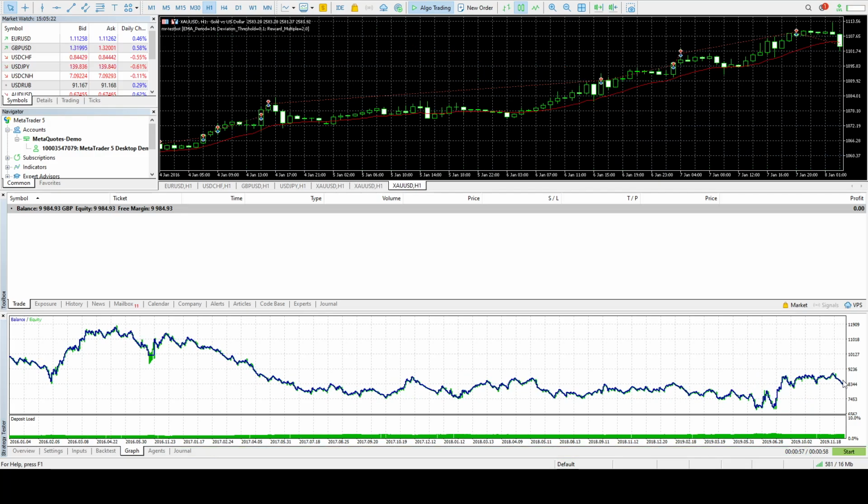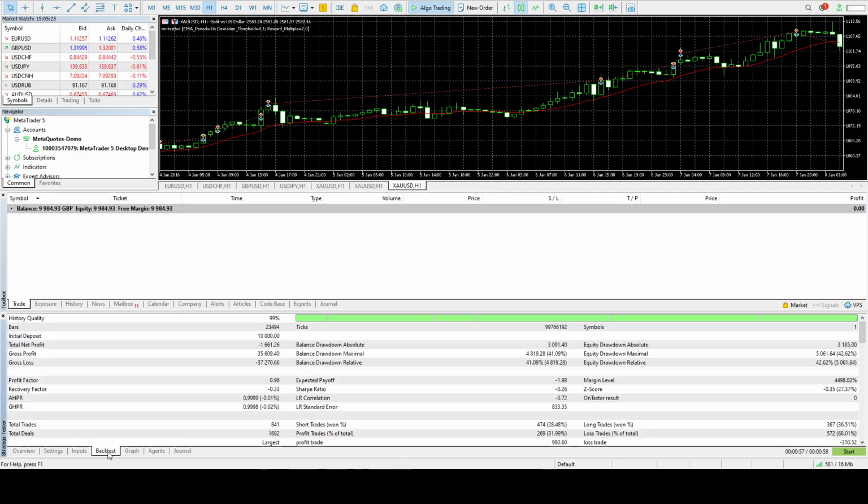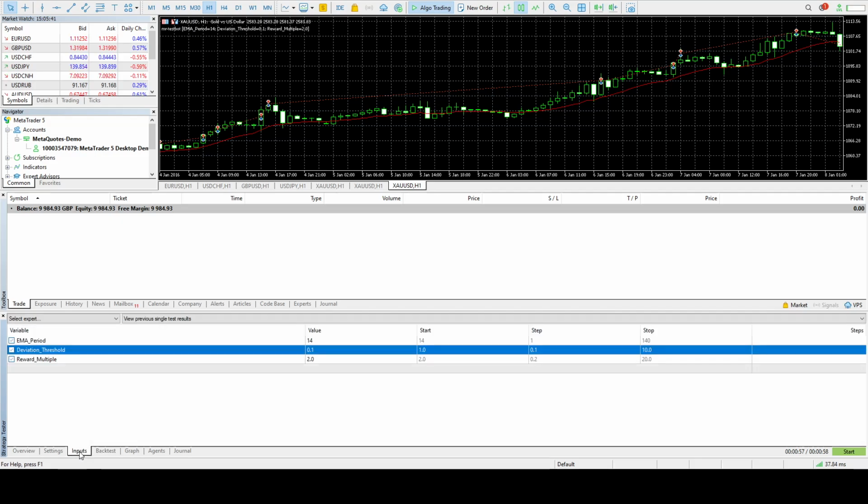Alright, so we've lost, what, not quite 20%. The drawdown's probably further than 20%. Drawdown, 41%. The profit at the end was minus 16%, closer to minus 17. But then what we can also do